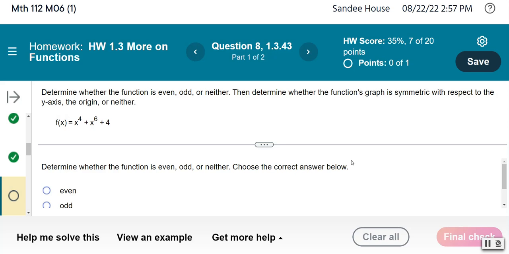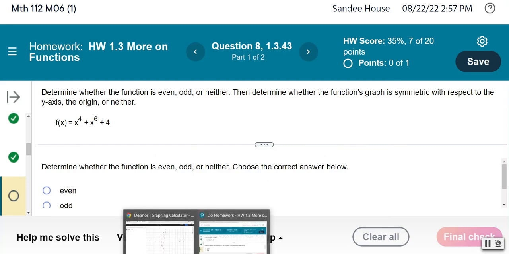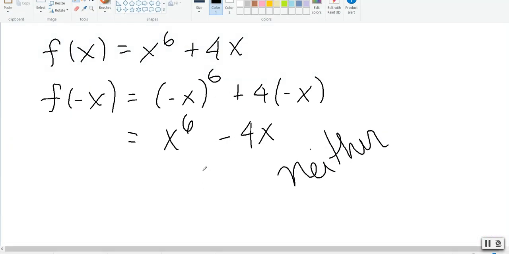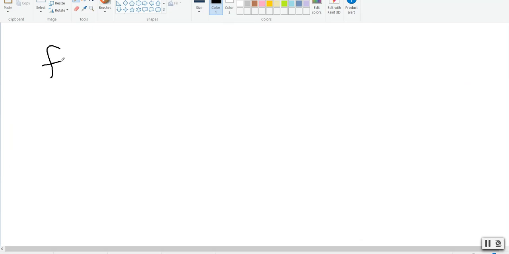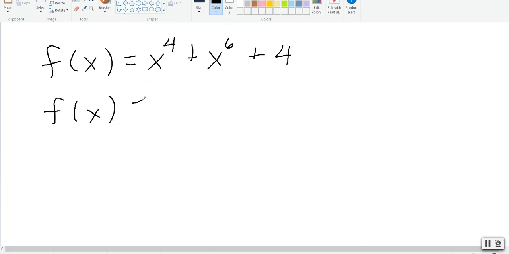Okay, one more. X to the 4th plus x to the 6th plus 4. Now, you don't have to do this, but in standard form, that x to the 6th should be in the front. Customarily, you would want this to have exponents that descend in order. We're going to do f of